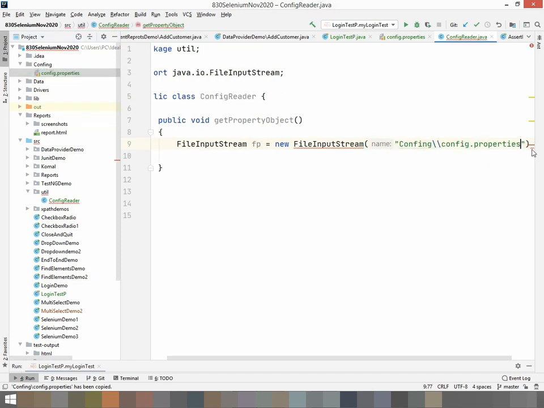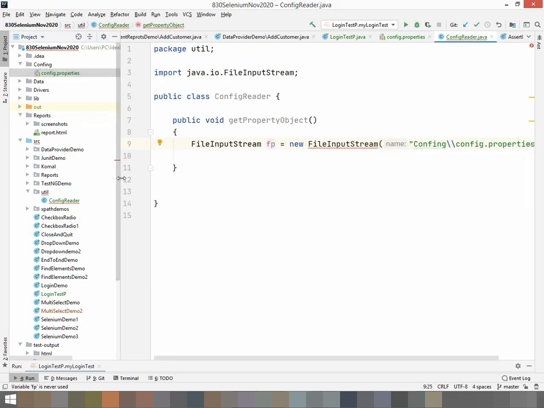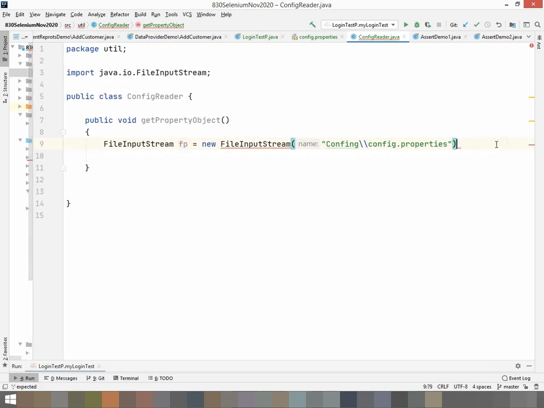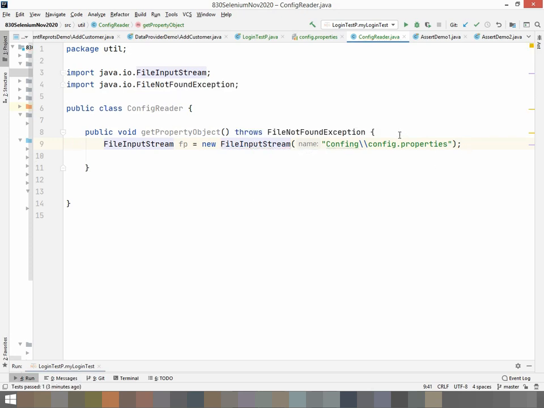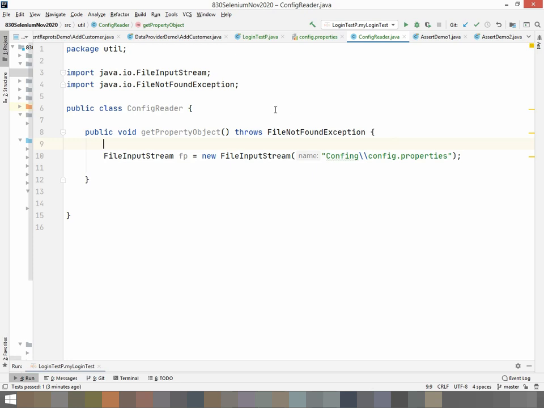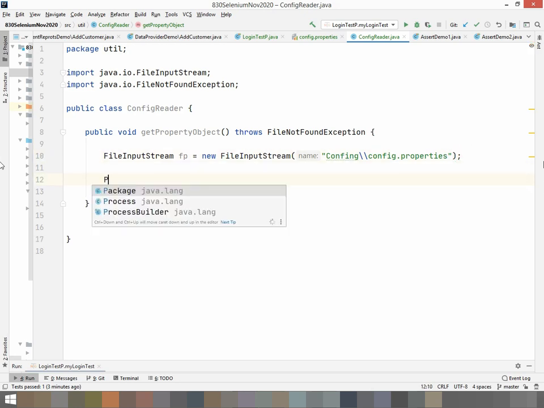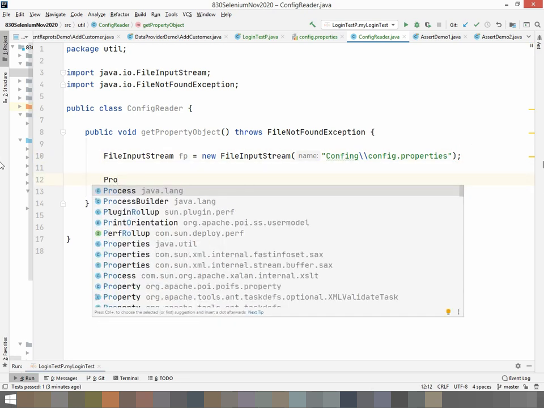You can get the absolute path as well, but I'm preferring to use the relative path. This FileInputStream throws an exception, so let's handle that. Then we have to create the object of the properties.